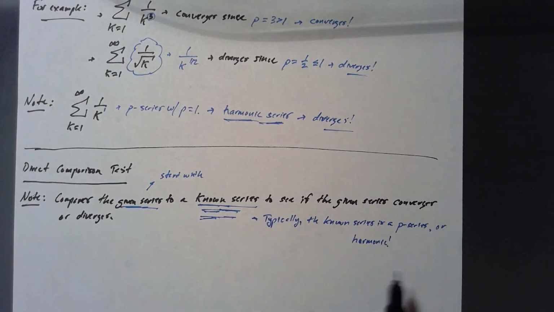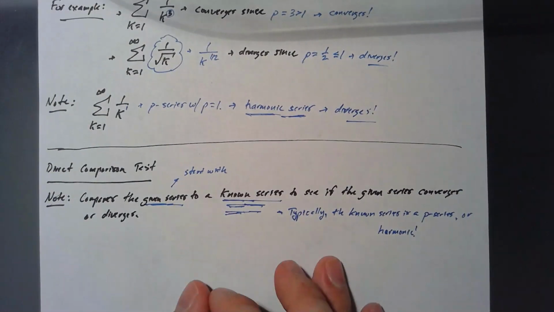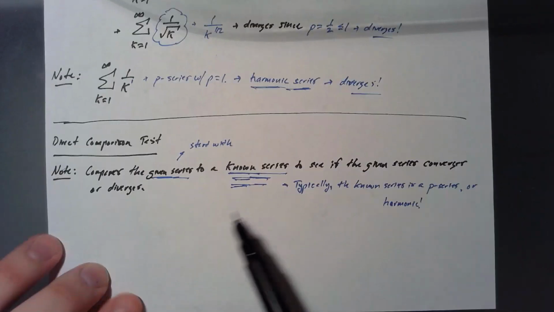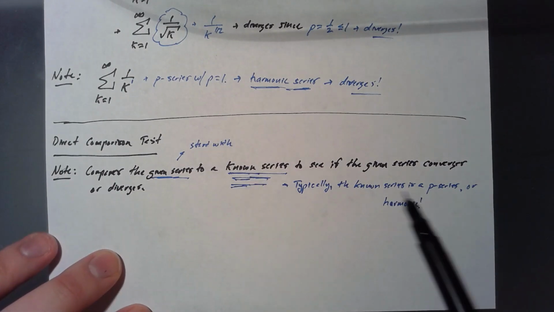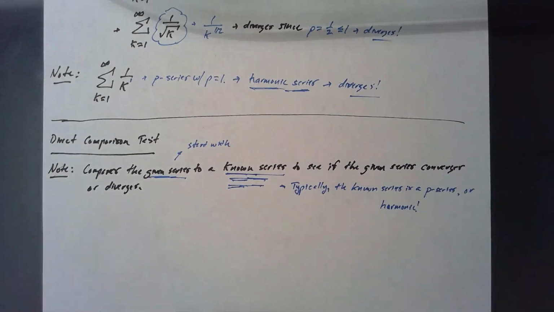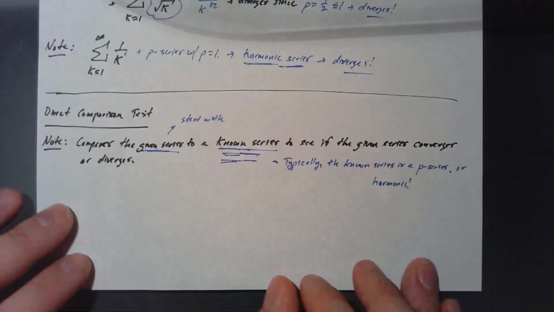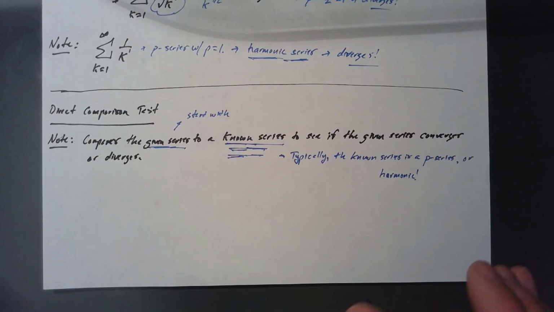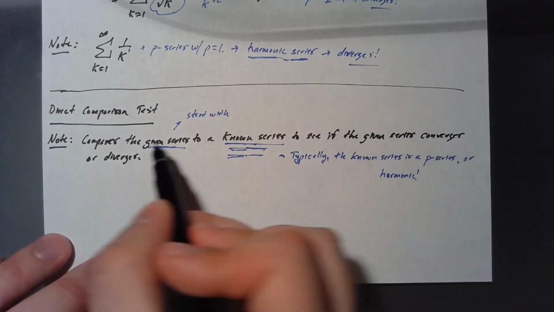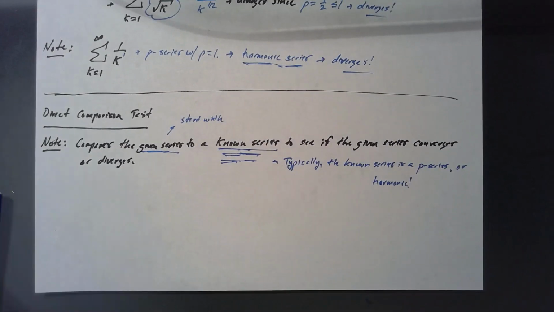And the way we use the direct comparison test is we take the given series and compare it to a known series, which is typically harmonic or a P series, and we see how they relate. If one is greater than the other or one is less than the other, then by comparison we could say, all right, since this one converges or diverges, we can say the same about the series we started with. So what I'm really doing here is